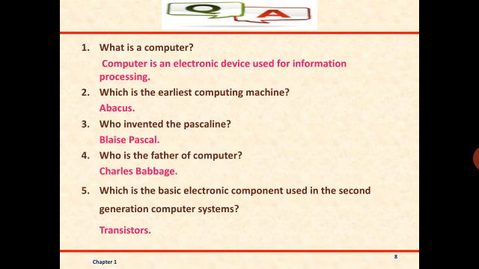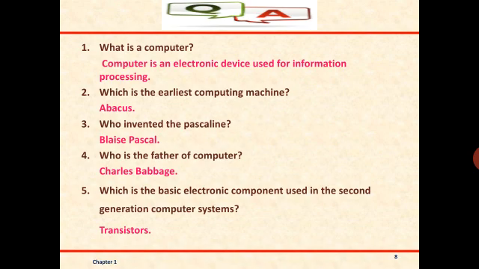Third question: who invented the Pascaline? The Pascaline was invented by a scientist called Blaise Pascal. Fourth question: who is the father of the computer? Students, please remember, Charles Babbage is the father of the computer. Now, in today's class we have discussed the generations of computers. A 1 mark question will be asked like this: